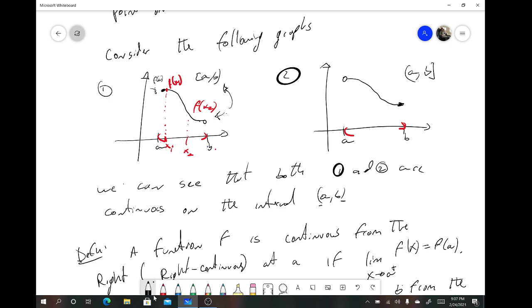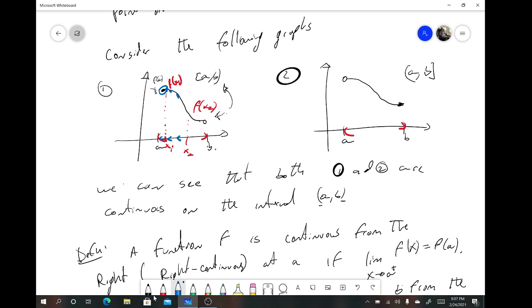Well, we can also now see that for graph number 1, if you take the limit as x approaches a from the right, meaning you're going in this direction, then the function values are approaching this particular point. And that particular point is indeed defined in our domain. It's part of our domain,